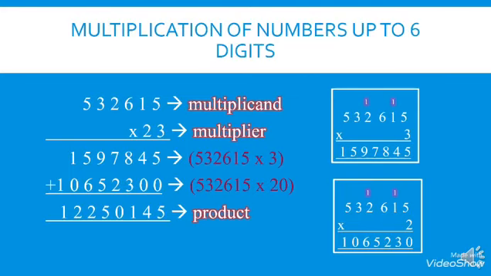Now move to the tens digit of the multiplier, which is 2. First we add 0 at the unit column. Then we start to multiply with 2. 2 5s are 10. We will write 0, 1 will be carry. 2 1s are 2 plus 1, we will write 3. 2 6s are 12, 2 will be written and 1 will be carry. 2 2s are 4 plus 1 will be 5. 2 3s are 6 and 2 5s are 10.